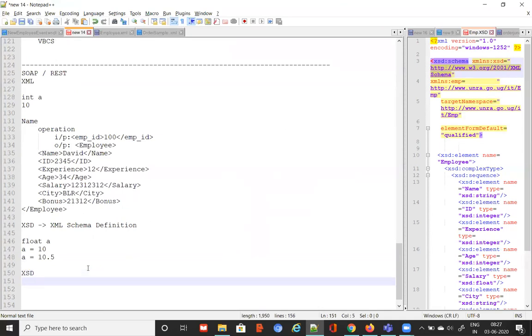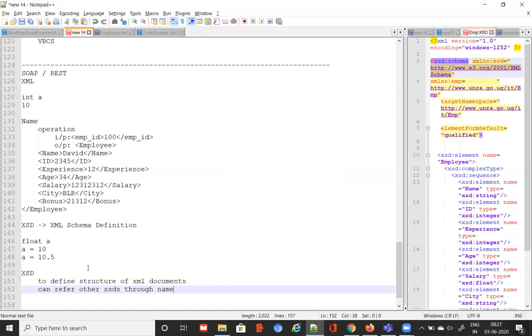XSD is helpful to represent or to define a specific structure of XML documents. And XSD can refer to other XSDs through namespaces.